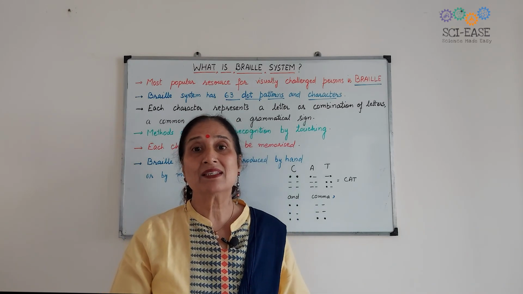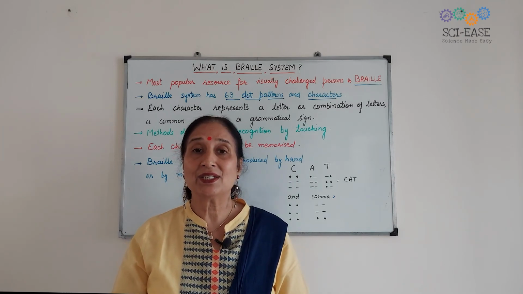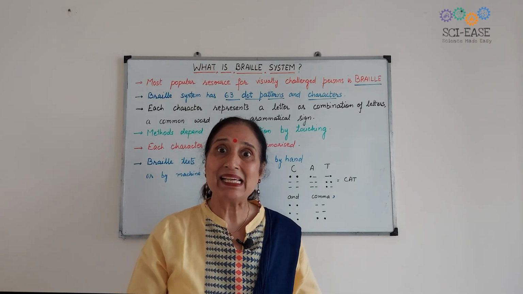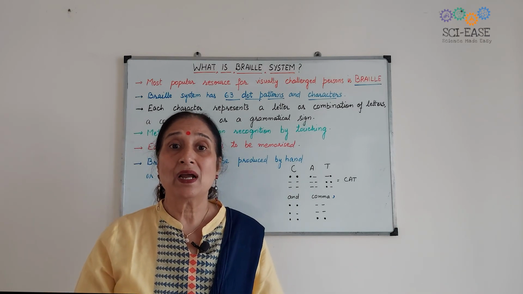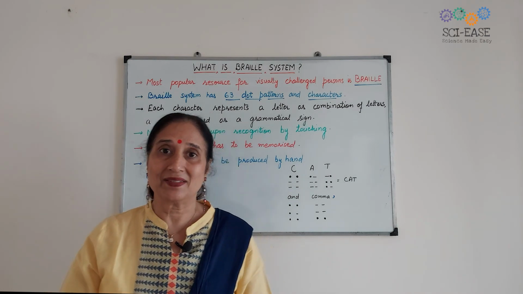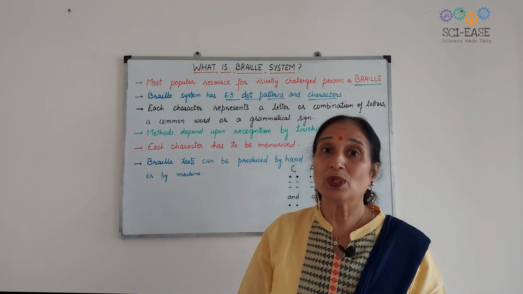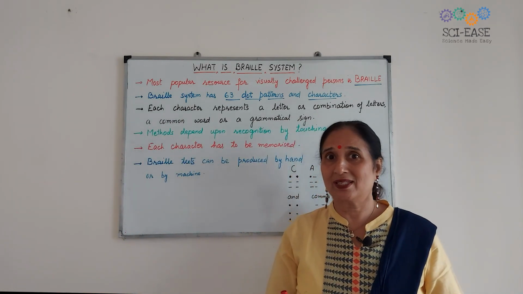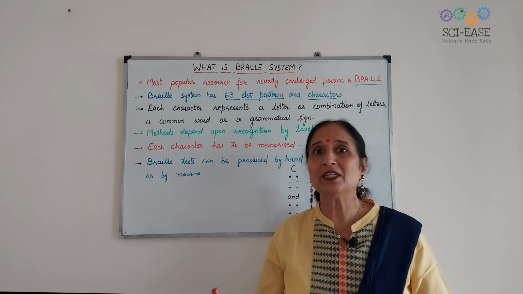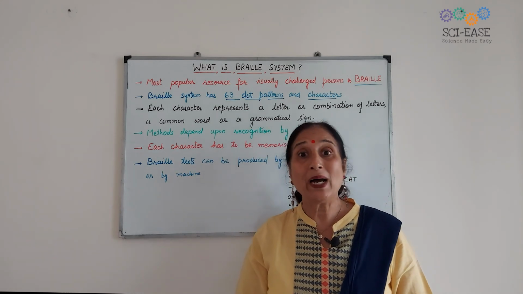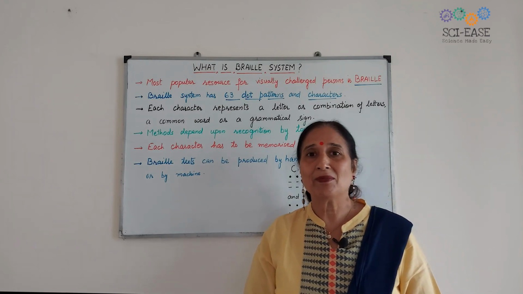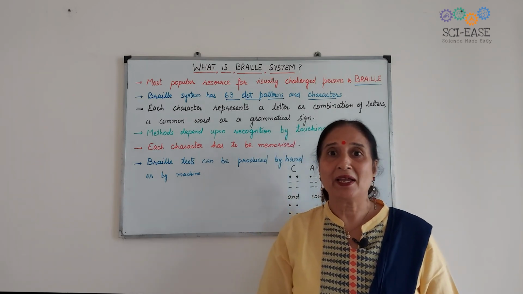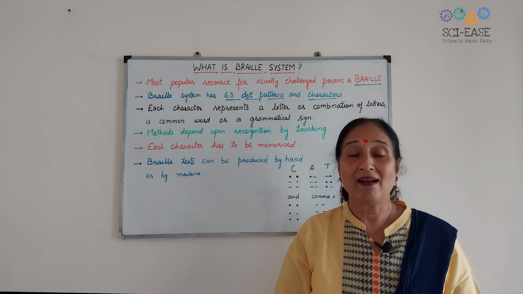Some persons lose their eyesight due to some disease, and some lose their eyesight due to some accident. So, for those visually challenged persons, one system, the Braille system, was given by Louis Braille,